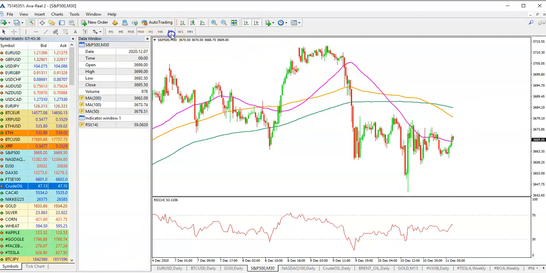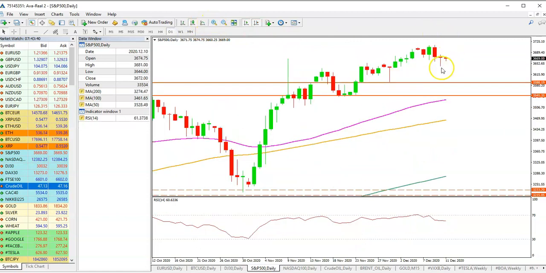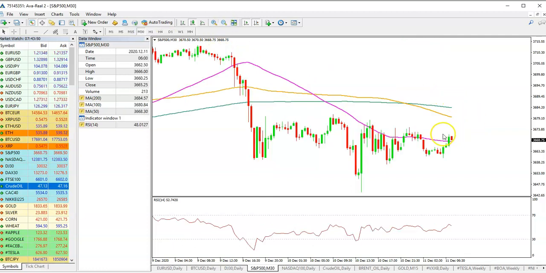On the daily time frame, what we talked about was that we wanted to stay above the low of this one, and we wanted to break above the high of that one. The sign of strength is coming from the 30-minute time frame, because the price has crossed above the 50-day simple moving average. As long as the price stays above this particular moving average, the chances are that the price will rally from here.